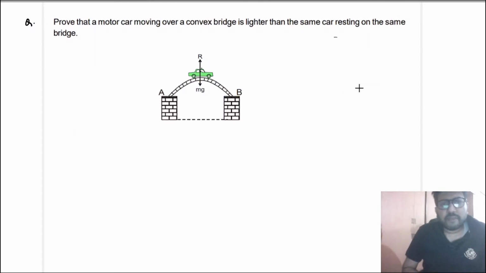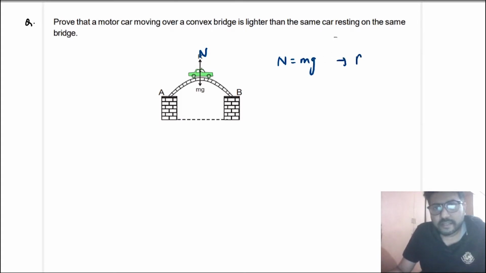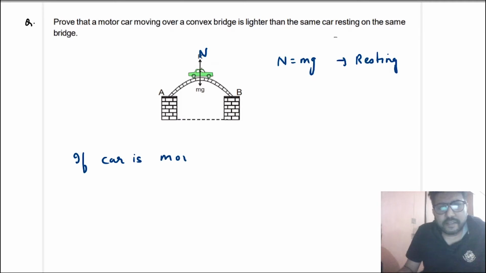Now this is a very important question, and listen to me carefully here. Prove that a motor car moving over a convex bridge is lighter than the same car resting on the same bridge. So if it is resting here, listen carefully, in that case you will say that the normal is equal to mg. So this is the resting case. But if it is moving, if the car is moving,